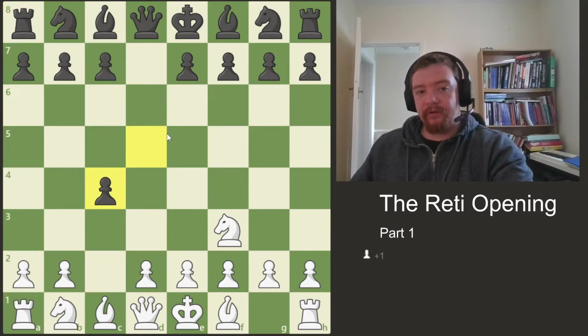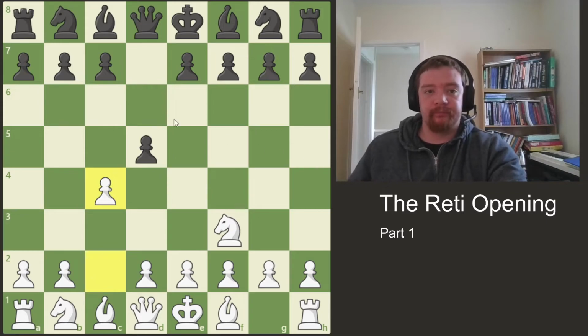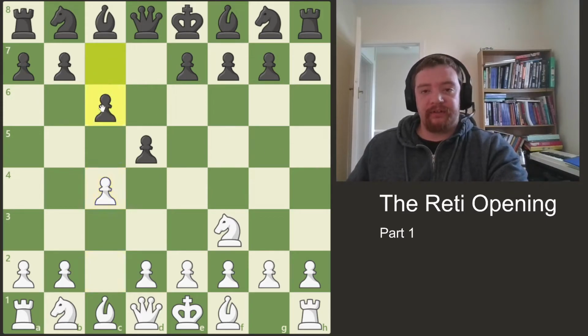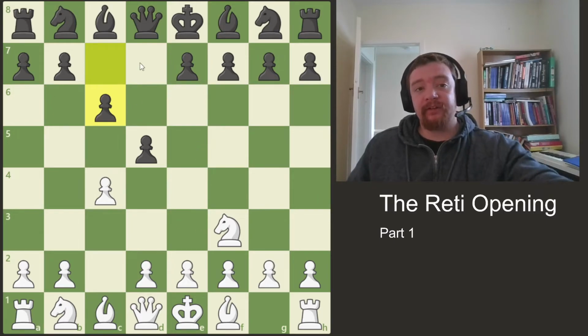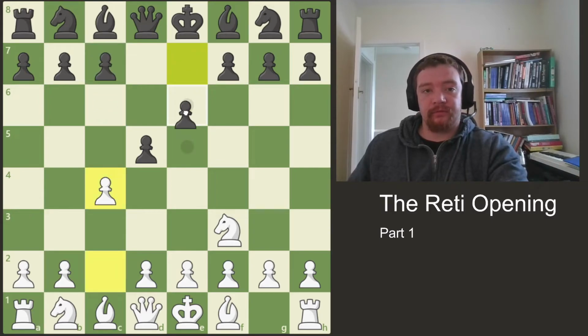But d takes c4 is still a potential option. But c6 is what we look at in this video. So here, especially with c6, with e6, black is still not really threatening to win this pawn, because worst case scenario, white can win it back with